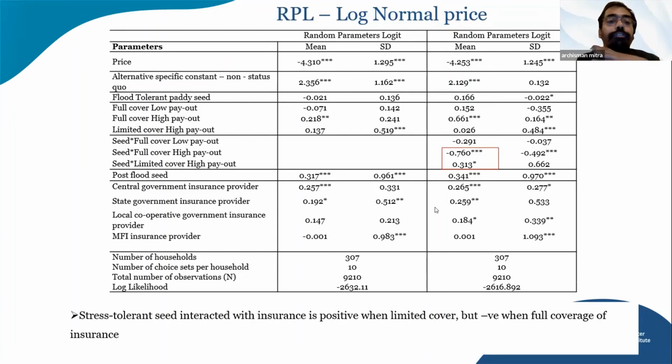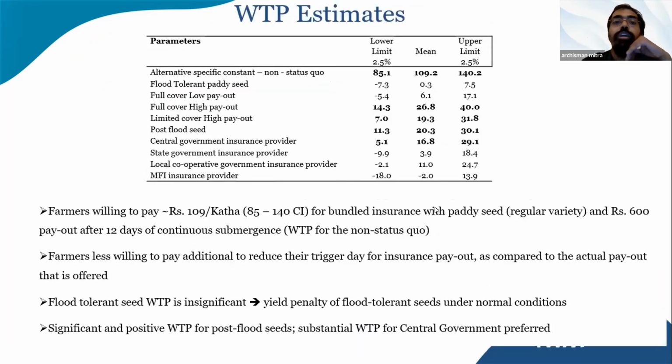While if we have full coverage where the payment starts from an earlier date, then the combination of the seed actually has a negative effect on farmers' preference. We also calculated the willingness to pay estimates by dividing with the price coefficient. What we find is that the farmers are willing to pay around rupees 110 for the bundled insurance product for the regular variety paddy seed, along with the lowest